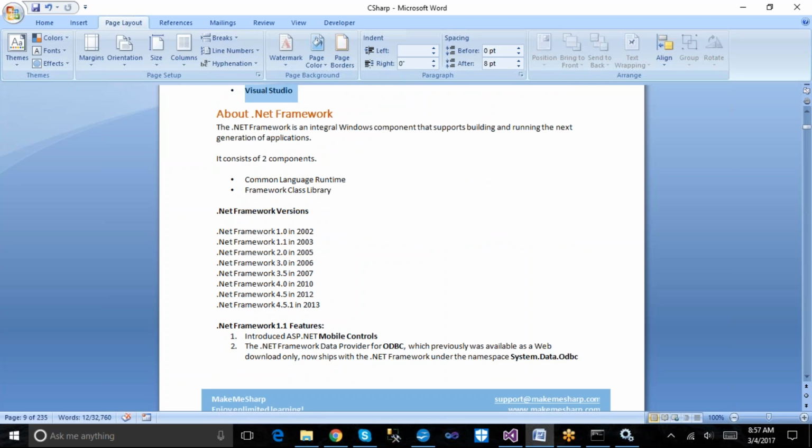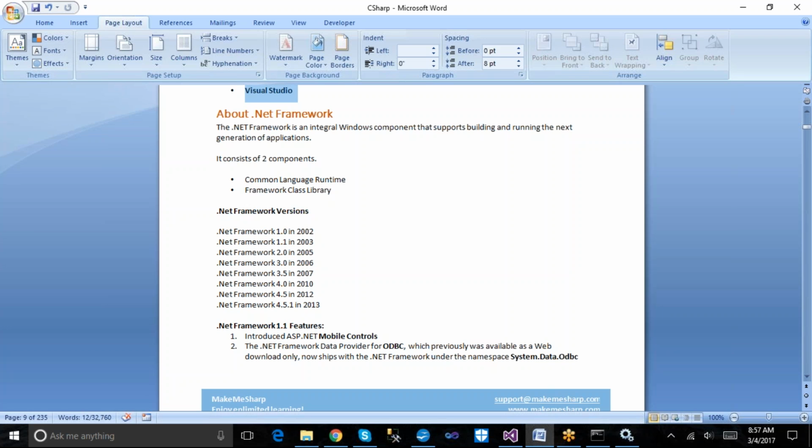The .NET Framework is nothing but an integral Windows component, meaning it's software that gives the support to build and run the next generation application. Next generation application means an extended version of technology development. That kind of applications we can run or build with the help of this .NET Framework.